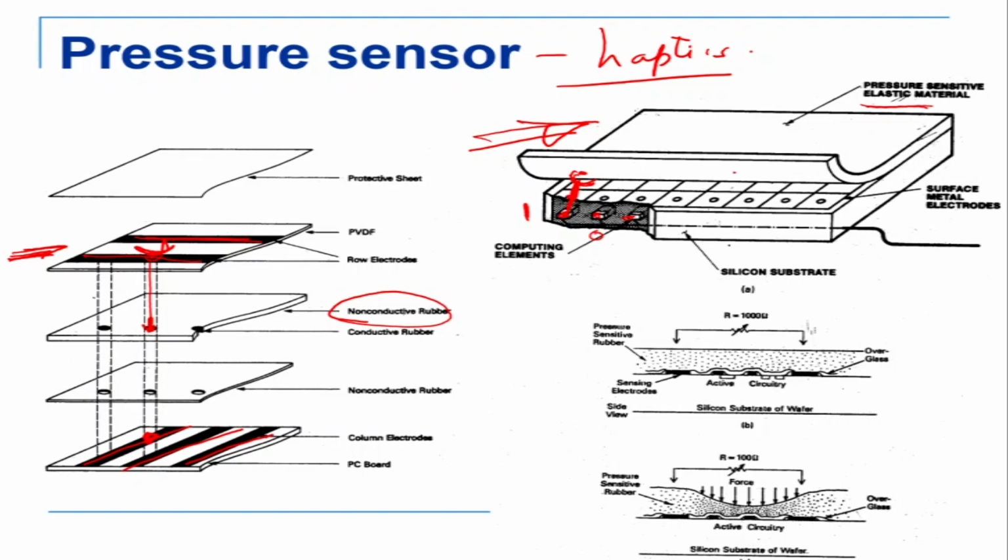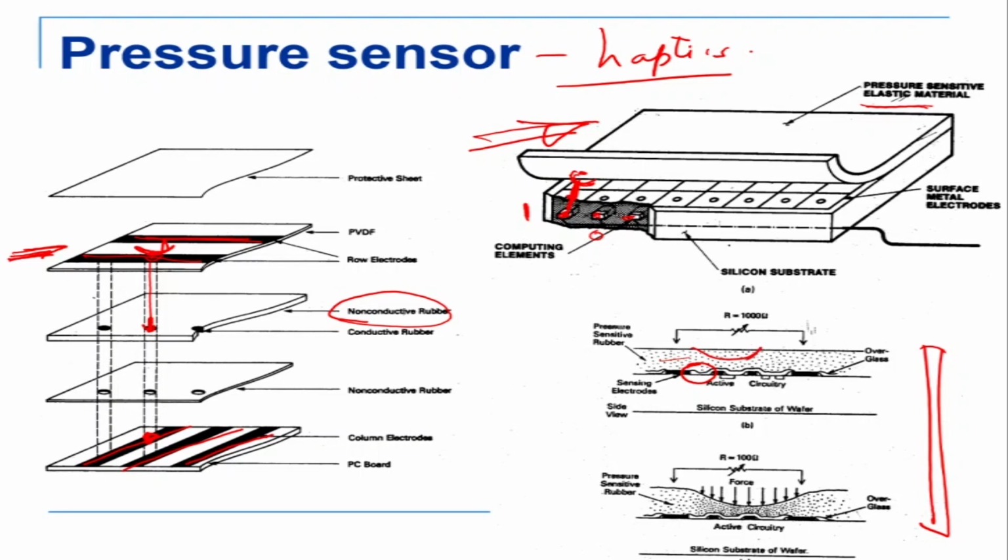Now in terms of pressure, this is a pressure sensor, and how this works essentially is you have pressure sensitive rubber on top, and you have a number of electrodes. Okay, here, here, here, here. Now between the electrodes, you can see here that if there is no rubber, then there will be no charge flowing through the electrodes because there is no contact.